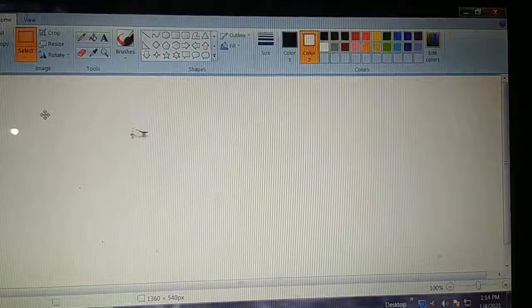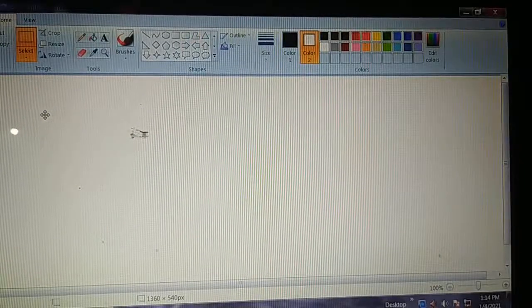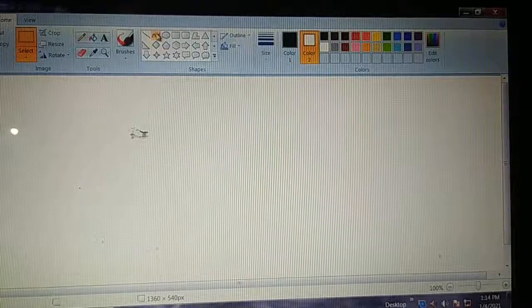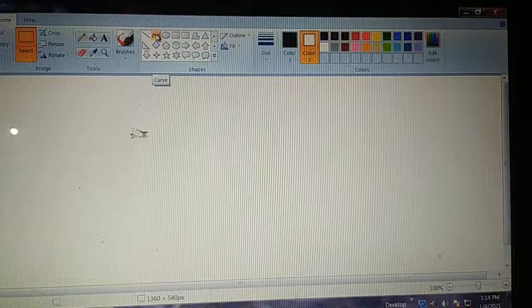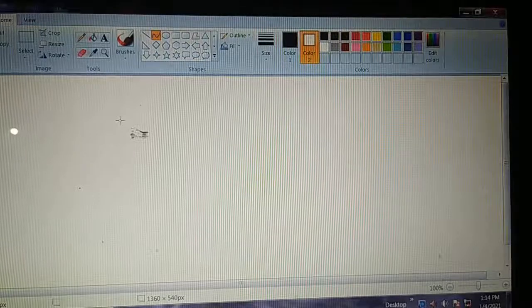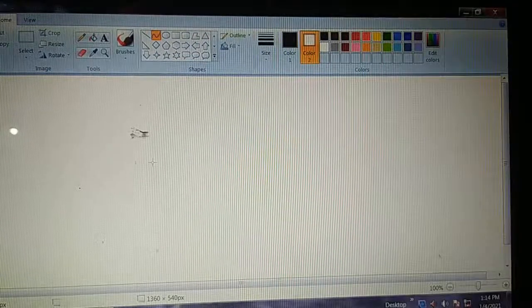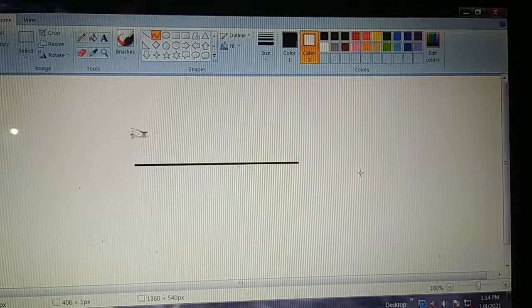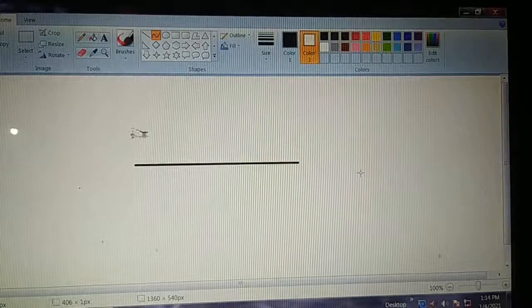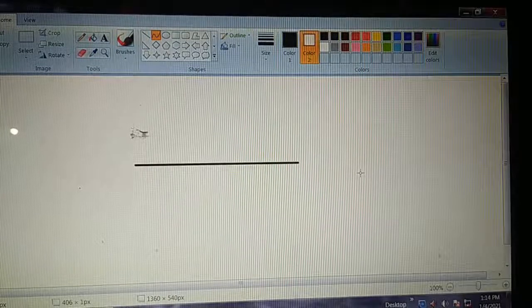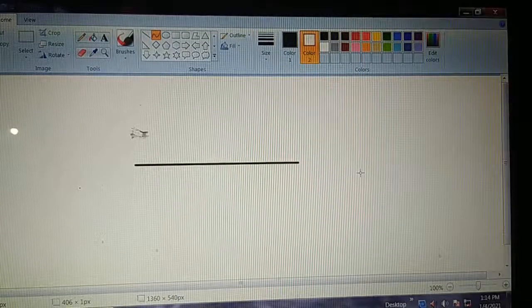Next topic is drawing a curve. It is also very simple. Click on the curve tool. Here it is, the curve line tool. For this also we have to draw a line. This is a straight line, it is not curved. Now click on the empty space in the drawing area where you want the first bend of the curve.